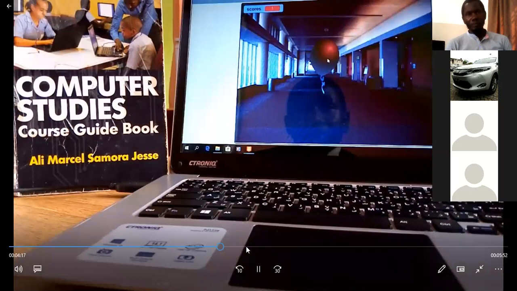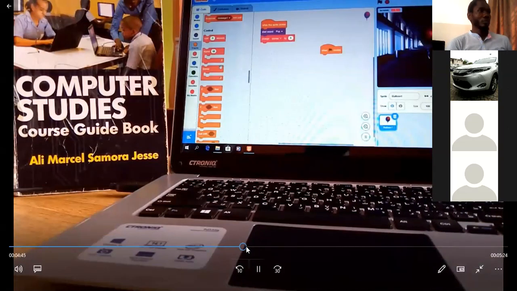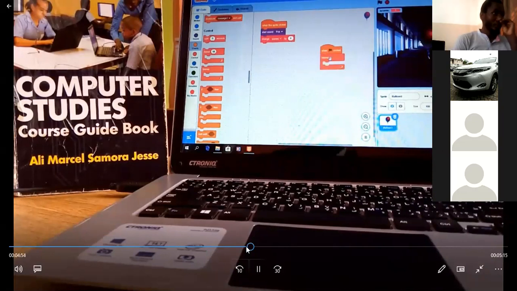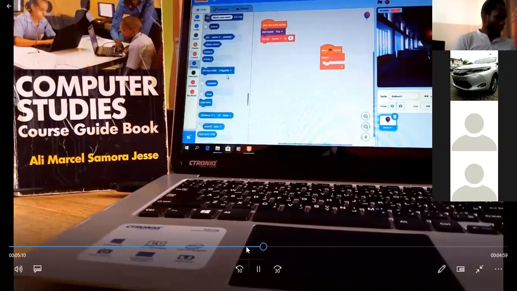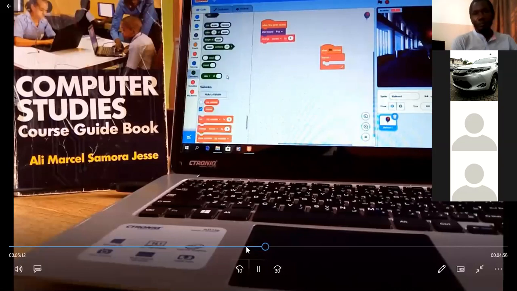We want these codes that we placed to be on a repeat mode, not for a specific number of times, but like forever until we are tired. So we're going to use forever from the control. And before the balloon moves from one point to another, we can have it wait for a second. So we're going to look for the code that will allow us to